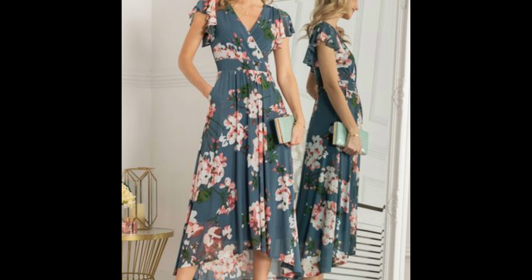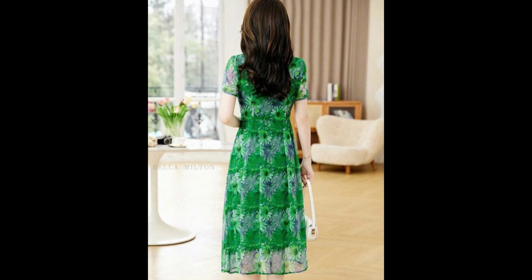I love all these designs of floral midi dresses and I hope, dear ladies and girls, you will love these too. So if you are loving these designs, if you are loving these styles of floral midi dresses,